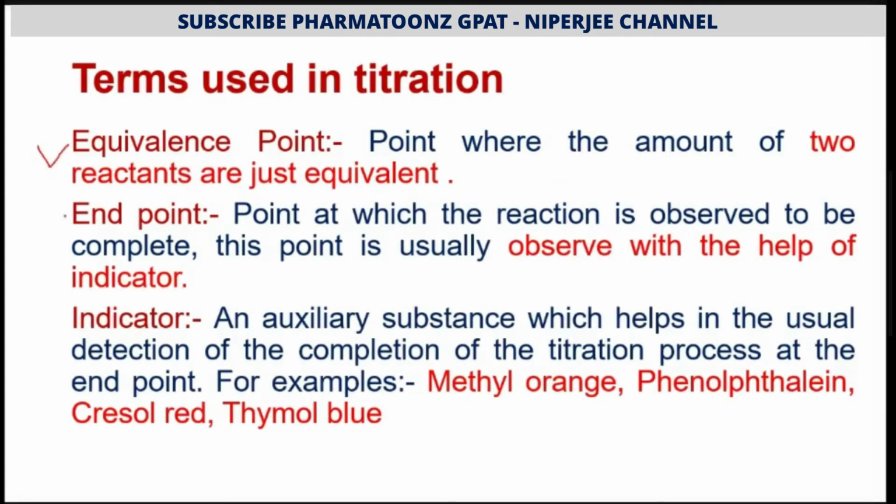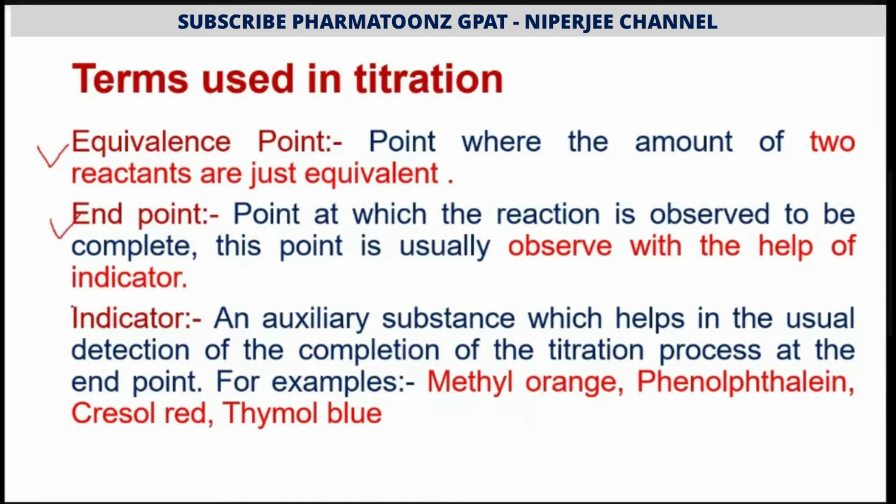Now, the equivalent point. Say, for example, in acid and base, we have taken 15 ml of acid, and to neutralize the acid we have to take some amount of NaOH. Say both are taken in equivalent amounts, so 15 ml NaOH can be neutralized by 15 ml HCl. So one point we have achieved. This point is called the equivalent point, where all the acid or all the base is neutralized.